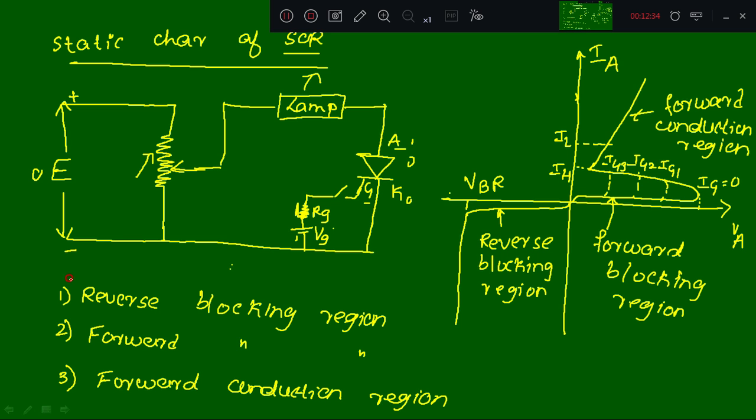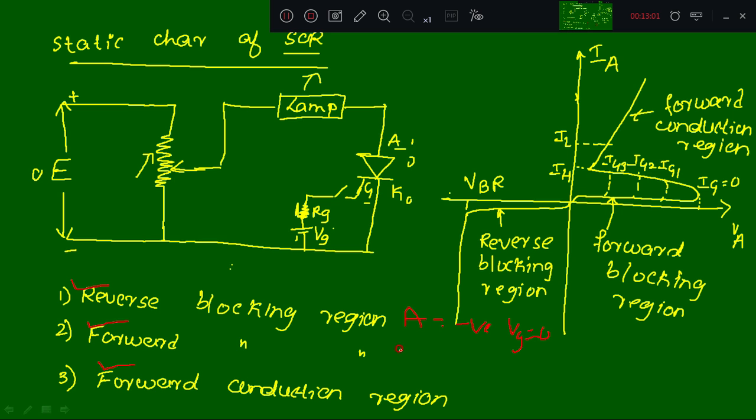The first region is the reverse blocking region, the second is the forward blocking region, the third is the forward conduction region. In the reverse blocking region, anode is made negative with respect to cathode. Here gate is also not given.